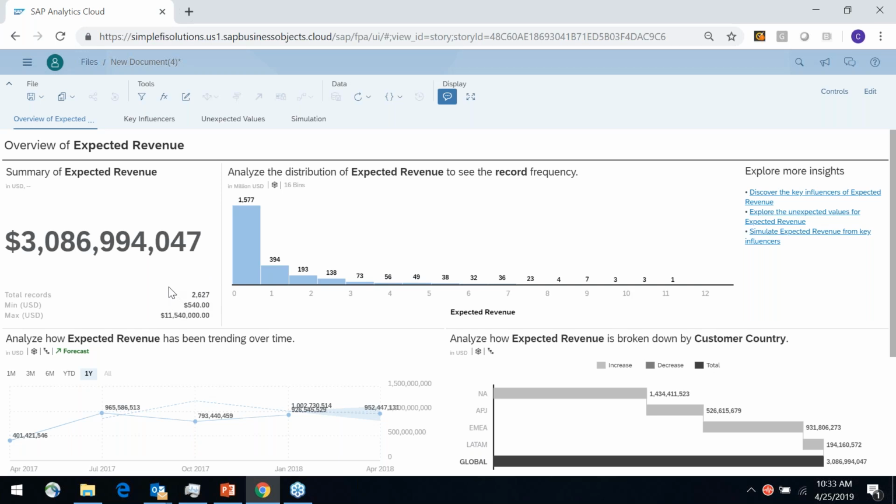So what did we learn here? In the Overview tab, we have a summary of the expected revenue right here. Obviously, the total, and it breaks down the analysis of where that expected revenue is coming from. It breaks it down into $1 million groups. Obviously, we can see here that most of our deals are less than $1 million. We can scroll down here